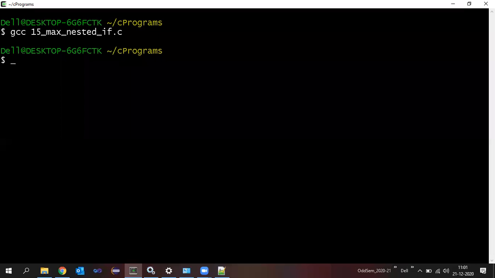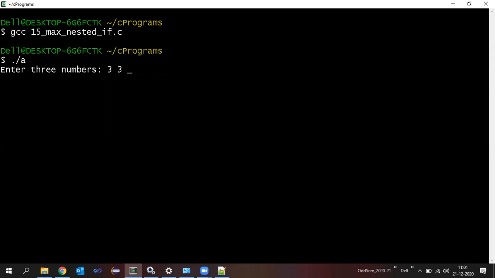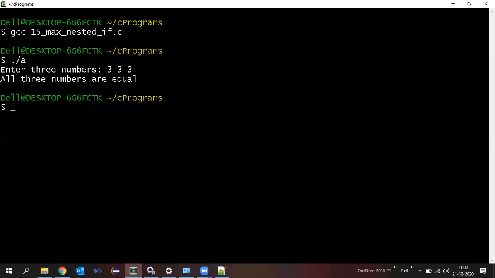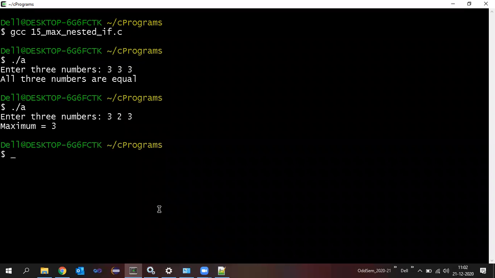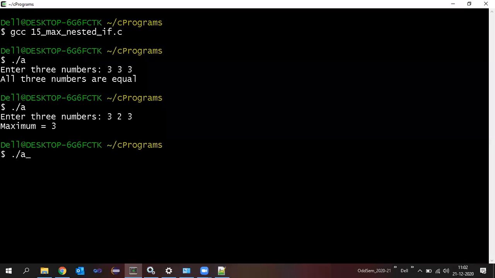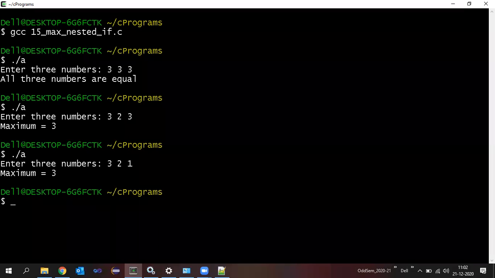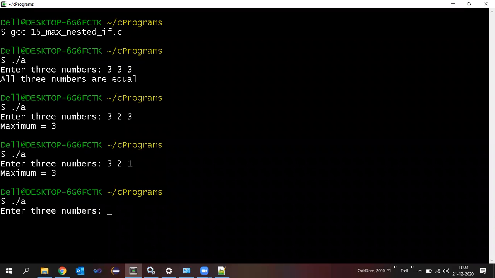Compile, no errors. Let's go straight away with all three equal numbers, 3, 3, 3. All three numbers are equal. Is that correct? Yes, sir. If I execute in a different way, say 3, 2, 3, the maximum is 3. Absolutely correct. If I run 3, 2, 1, the maximum is 3. That is also correct. If I run, say, 4, 3, 7,